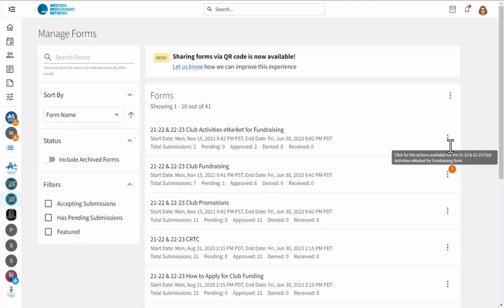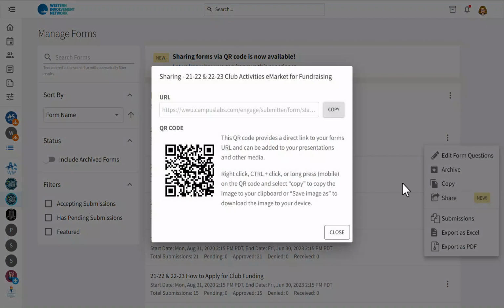For sharing a form, you have the option to share the link by pressing copy and pasting somewhere else. You can also grab the QR code to use on a website, social media post, poster, and so on. Note that this is the only way to share a form. If you try and share a form from somewhere else, the person trying to open it will get an error because it is tied to your personal account.